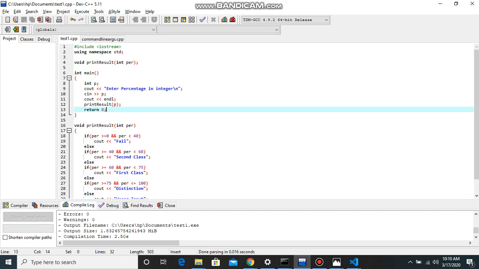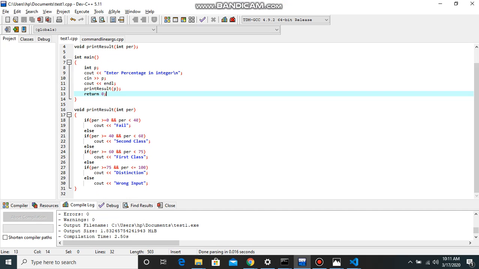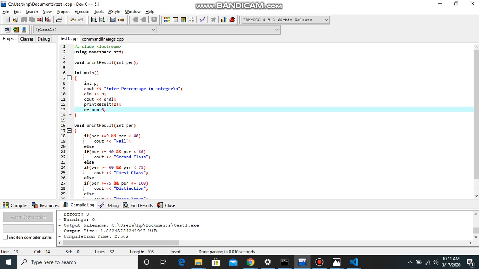And that print result function is simply printing, depending upon the value of that percentage, whether that student has failed, or if he has passed in first class, passed in second class, or it is distinction. And if the input is wrong, it will print wrong input, right? It is as simple as that. So this is a very good example wherein we can get our if else